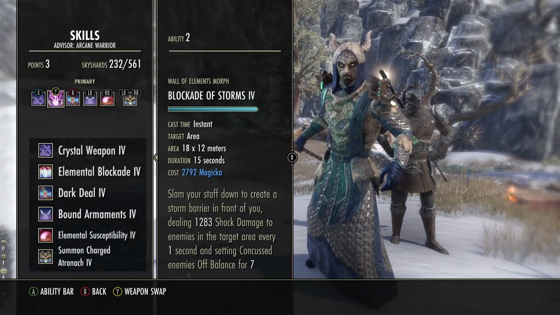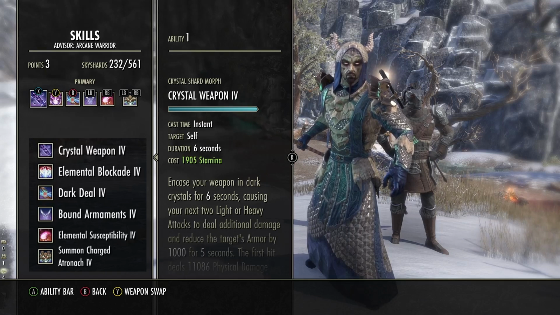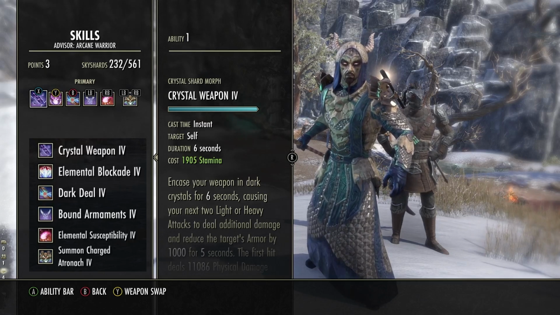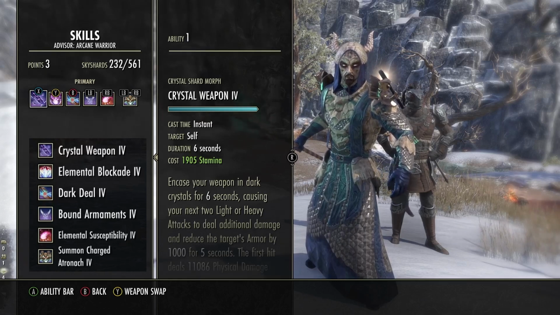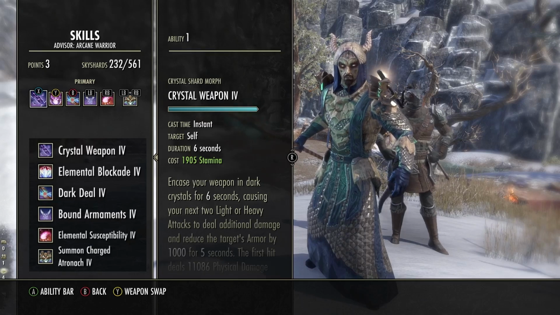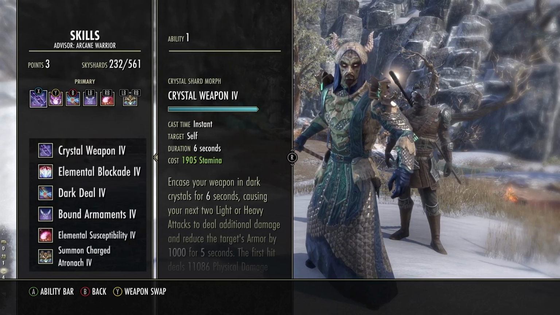The first skill I'll be queuing up is Crystal Weapon. This skill comes from the Dark Magic skill line and causes my next 2 heavy attacks to do additional damage. It also gives me Minor Prophecy. Anytime I don't have another skill I need to use, I'm going to use this. Except for when it's time to use the build's real spammable attack, and that's the next skill I'm going to